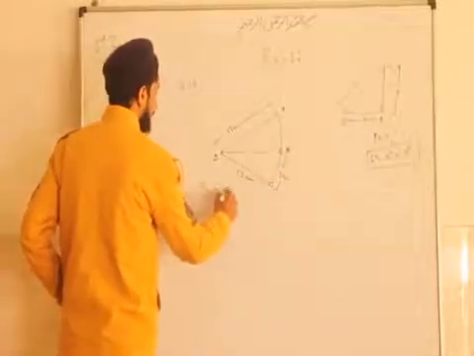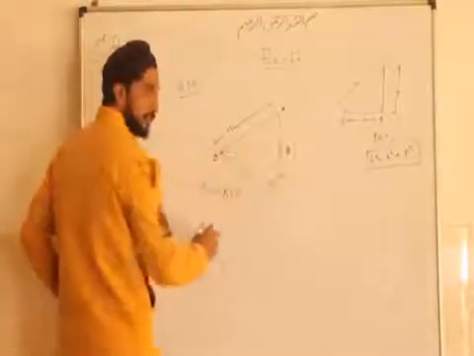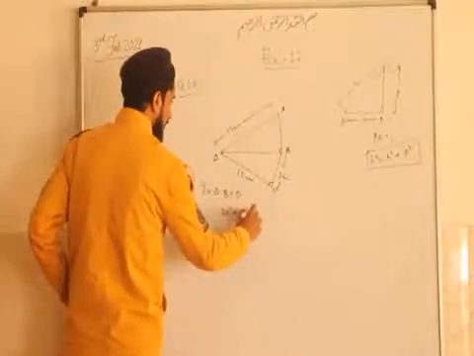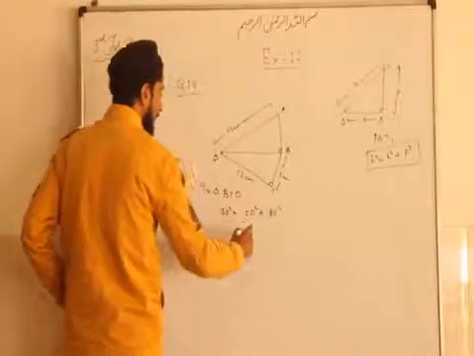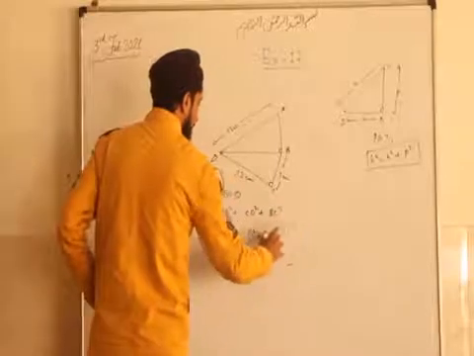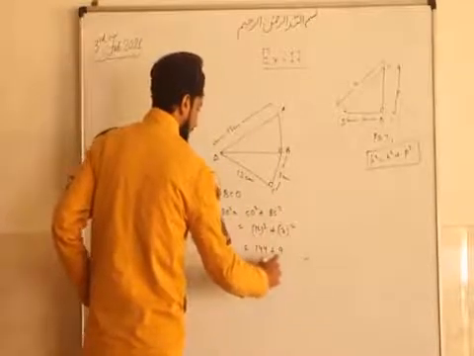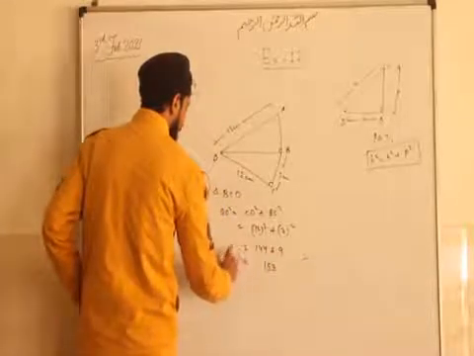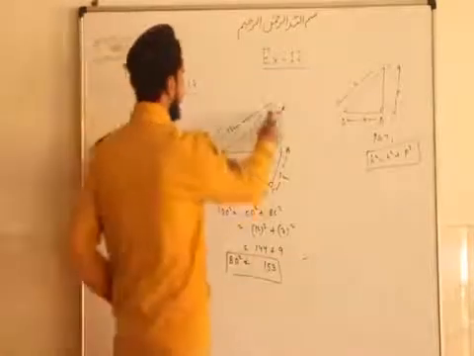In triangle BCD, BD is the hypotenuse. For that, BD square is equal to CD or DC, we can say, square plus BC square. So this will be 12 square plus 3 square. So 144 plus 9. So it will be 153. So this is the BD square. Okay. So now from this triangle,